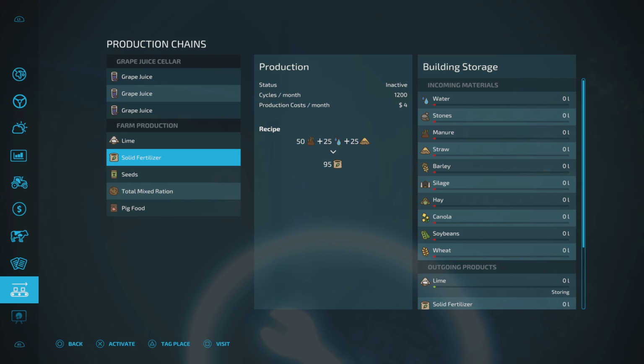Getting solid fertilizer out again. You lose a little bit on that, but not a bad ratio. When you think about it, the water you can get for free, so you're gaining in the process. Seeds. Wheat 75, water 25, 95 out, bonus. Total mixed ration, no straw required, just silage and hay. 50-50, you lose a tiny bit, but you're getting total mixed ration, so hey,